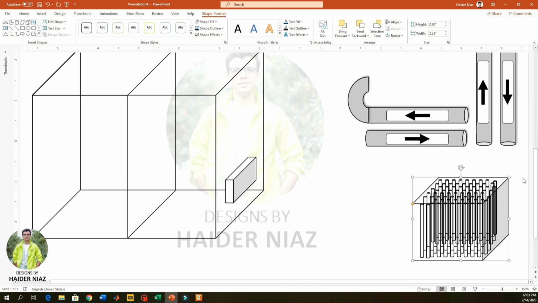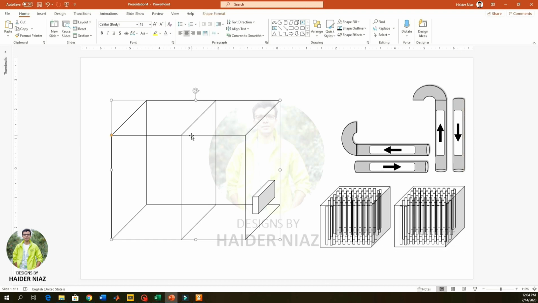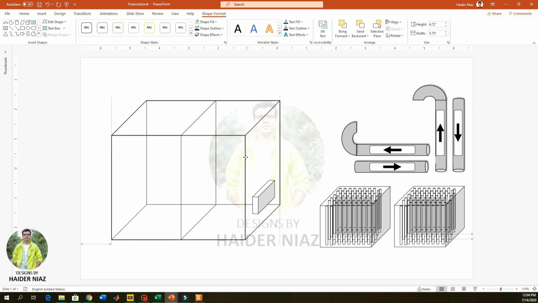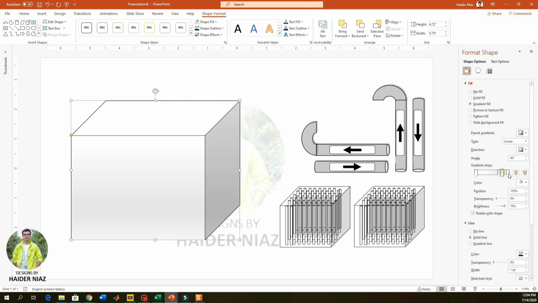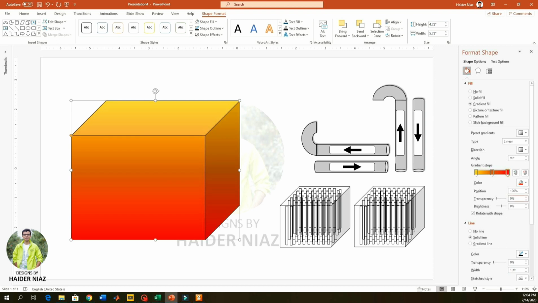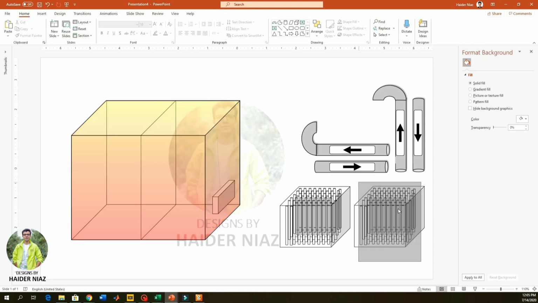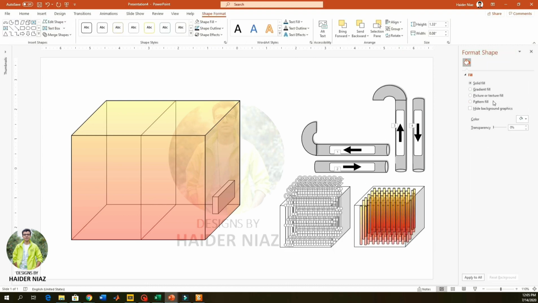Now what I'm going to do is I'm going to put them in the box, and I'm going to make another copy for another side of the chamber. So now I'm going to copy the box one more time and replace it, because I need an outline and also I need a gradient. Later I will show you why I needed an outline, because when you are going to show an animation, outline is necessary to be there beforehand, because you are going to use a wipeout or fading animation for the main